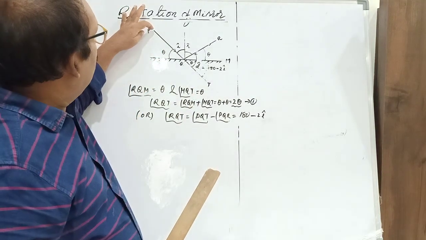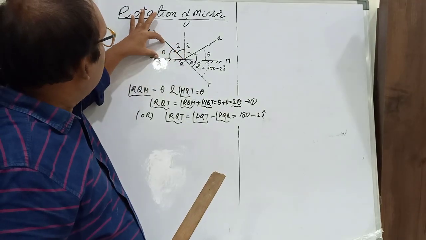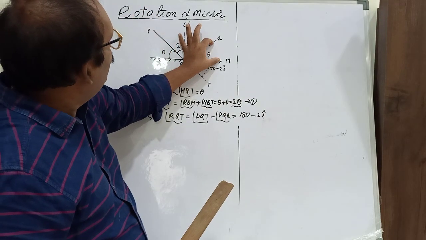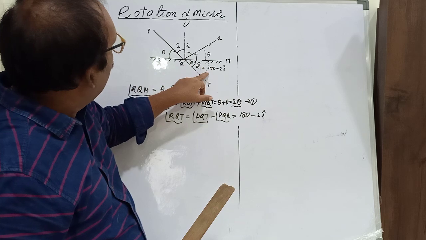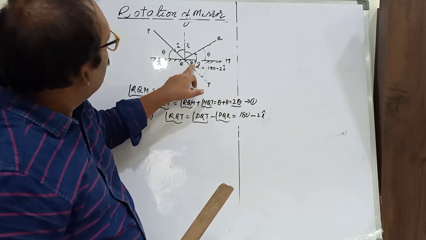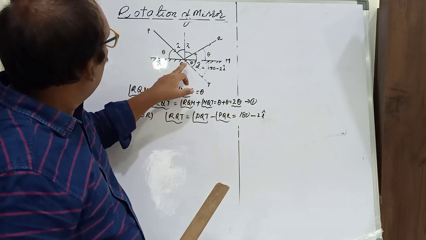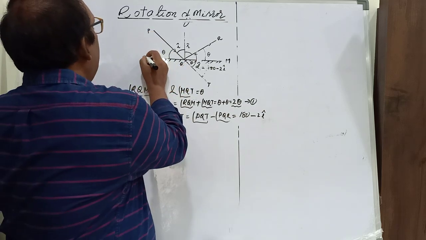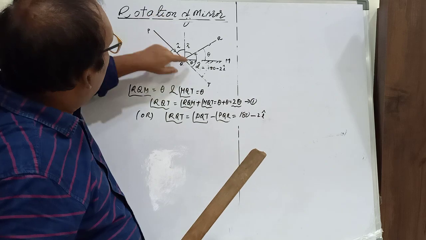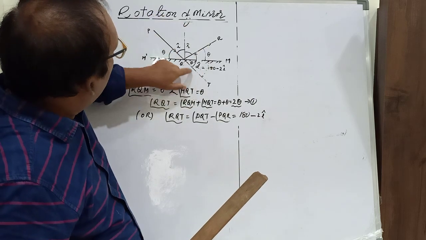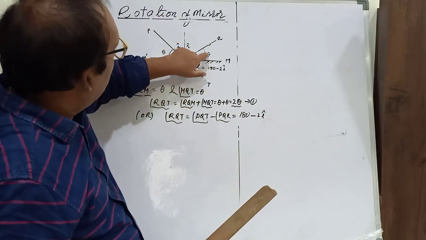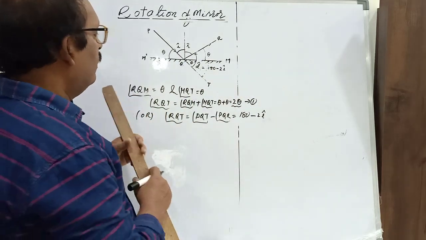If this angle at Q is theta, this angle will also be equal to theta, because these two vertical angles will be the same. Theta is theta. So the angle MQT should be equal to what? Angle PQ, that is M prime. Hence these two angles must be the same. Therefore angle TQR is equal to theta plus theta.